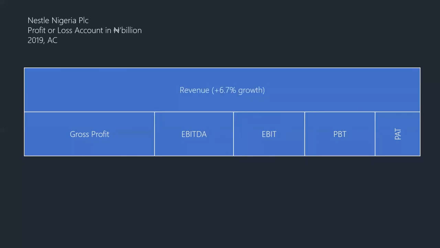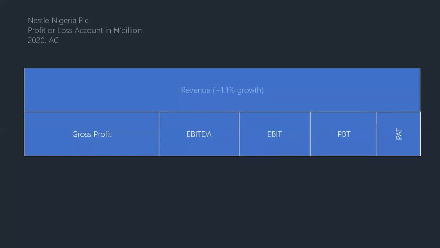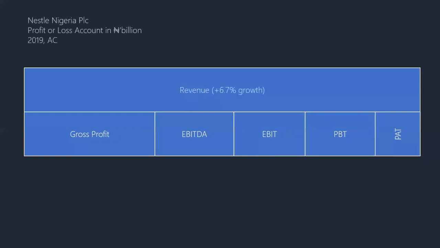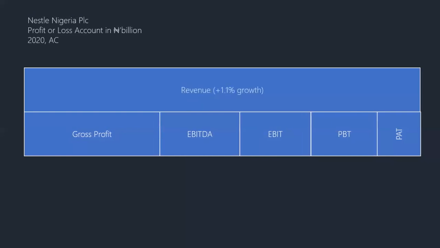So here, 2019, 6.7. Then in 2020, this is just 1.1% growth. Despite this, at least you know what happened in 2020, right? Yeah. The pandemic happened, inflation increased, people were restricted indoors, all those funny things. But they were still able to manage 1.1% growth. And they still maintain that. This is 2019 and this is 2020. They still maintain that proportion.